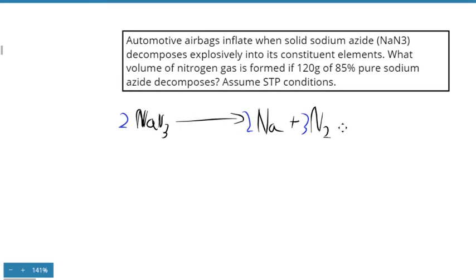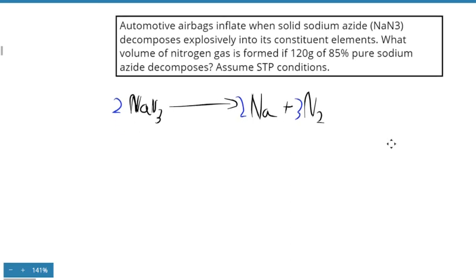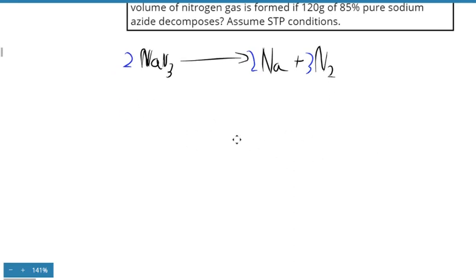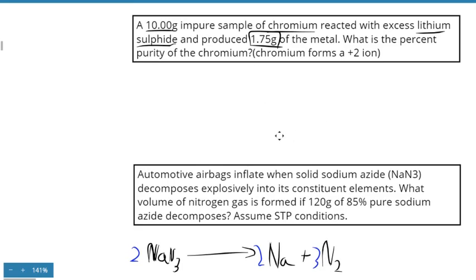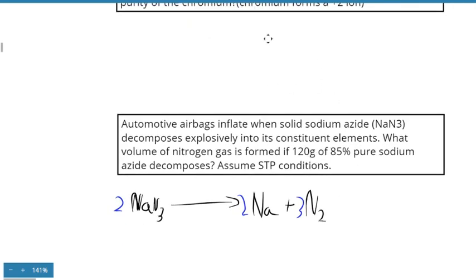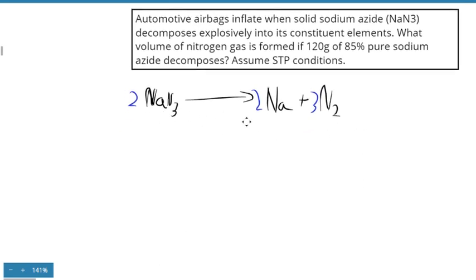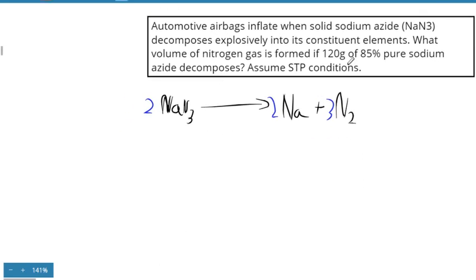So now that we have this, this question is a lot easier than the other one, I think. This one is working the other way around. So what we do is we take the amount of NaN3,